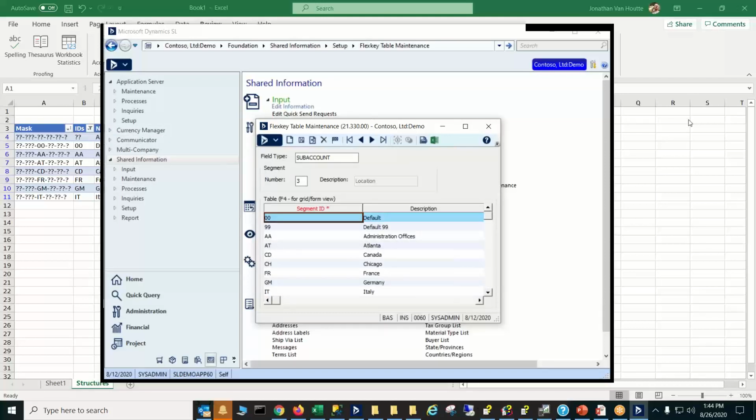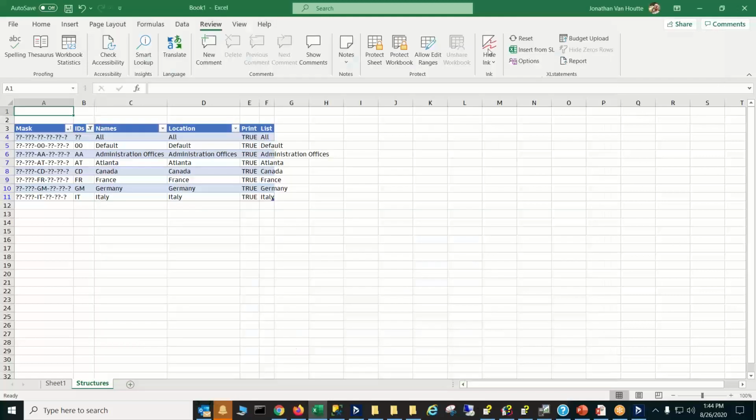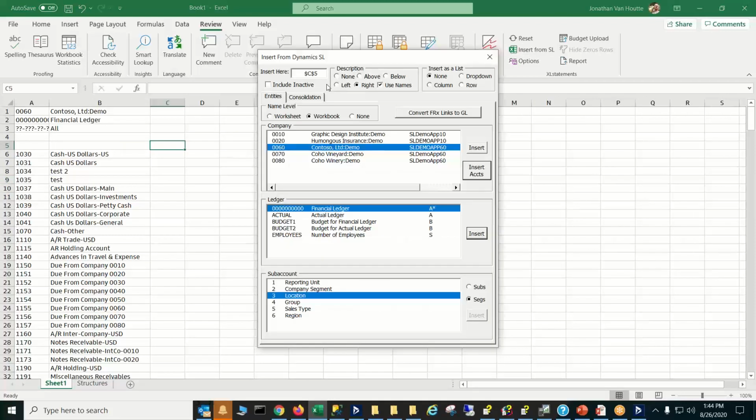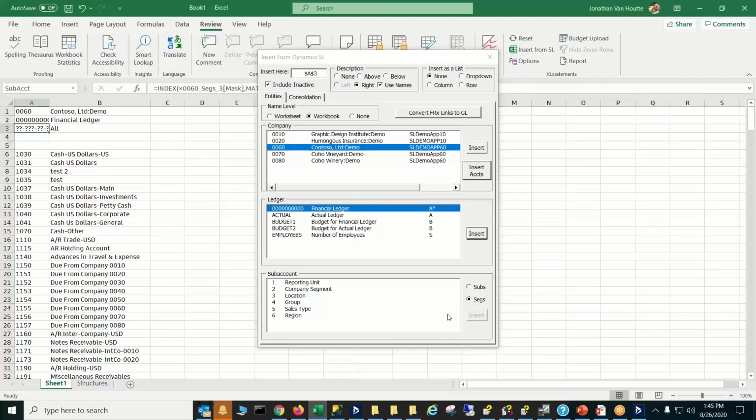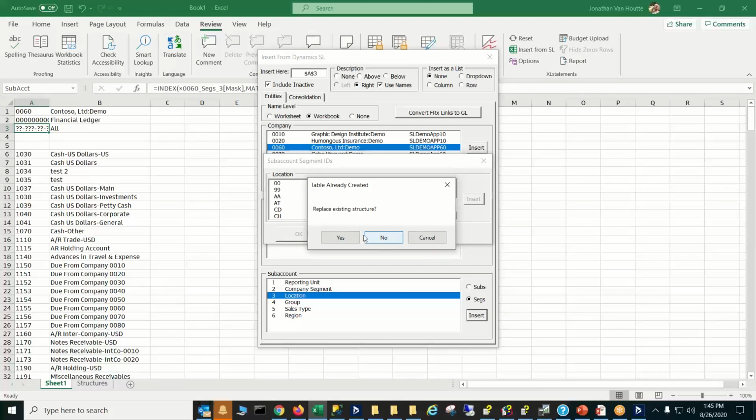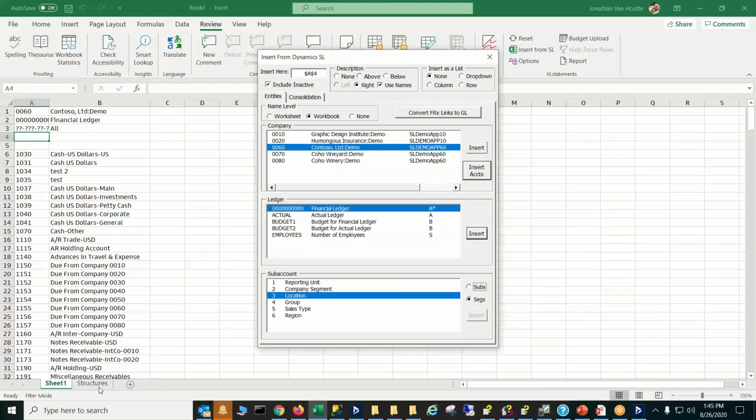That's because in Excel statements, I had the include inactive unchecked, which is kind of normal, right? So if I turn that on and I say, yeah, third segment, insert as a drop-down list, you want to replace that? Yes. And now,